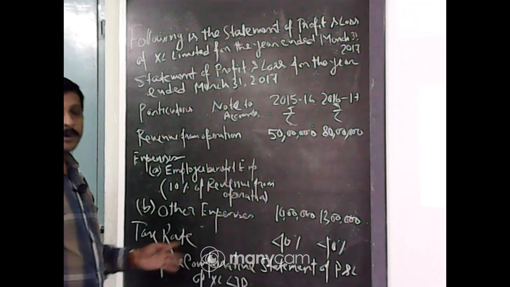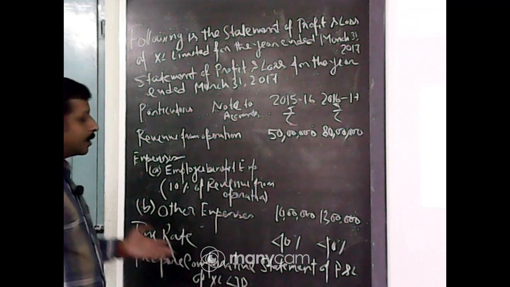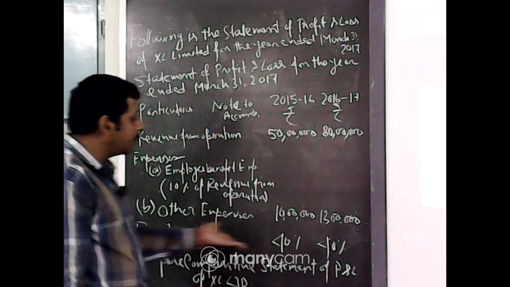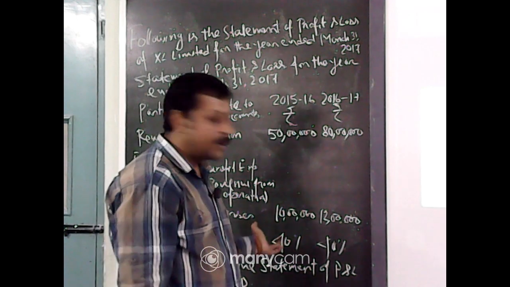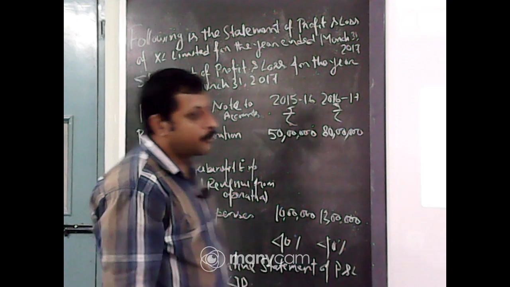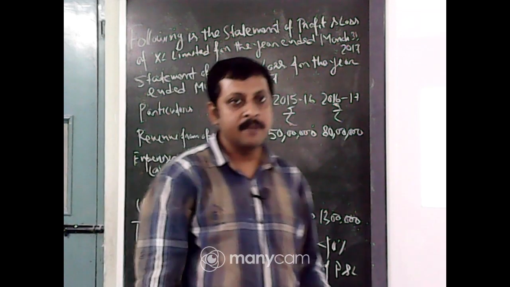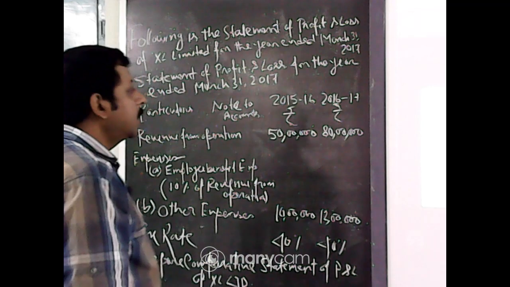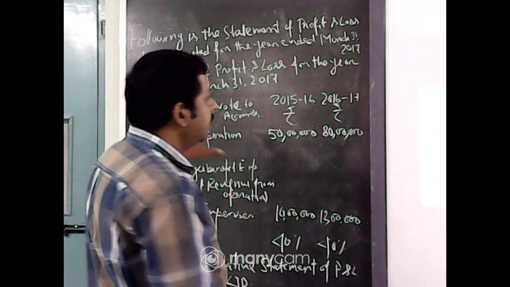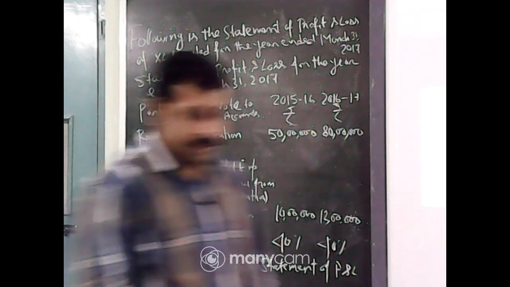After net profit you have to calculate tax, because if you make profit, you have to pay tax to the government. The tax rate is 40% for the previous year and 40% for the current year. So prepare the comparative statement of profit and loss of Excel Limited. This type of question you cannot find in your NCERT book, so write it. It is very important for your board examination, and these are very easy. An 8-mark question will come. Just follow and listen to me carefully.